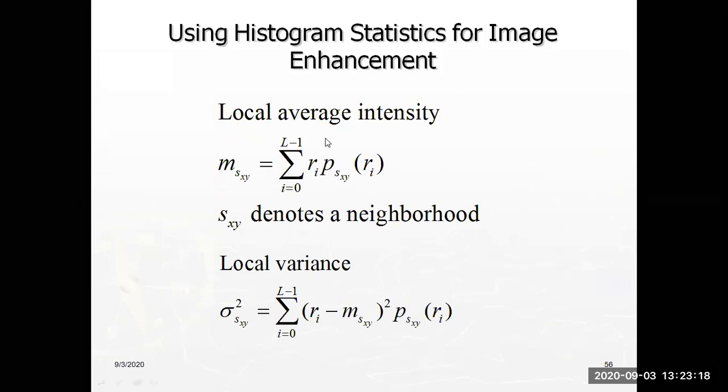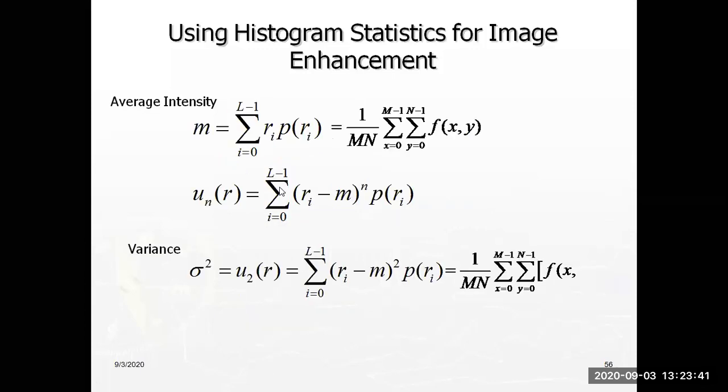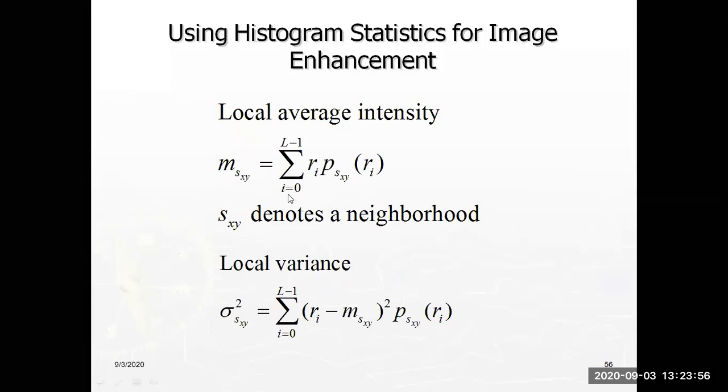In statistics using local histogram, we first calculate m suffix Sxy. What is Sxy? Actually a neighborhood. A neighborhood means a mask of 3 by 3, 4 by 4, 6 by 6. Out of the entire image, we are considering only that set. For that set, what is my mean value? Simply use the same formula as previously. In the set also there is an MN. So if we divide an image into a number of parts, each part itself has some MN. So use the simple formula with probability p suffix Sxy and calculate your mean value.